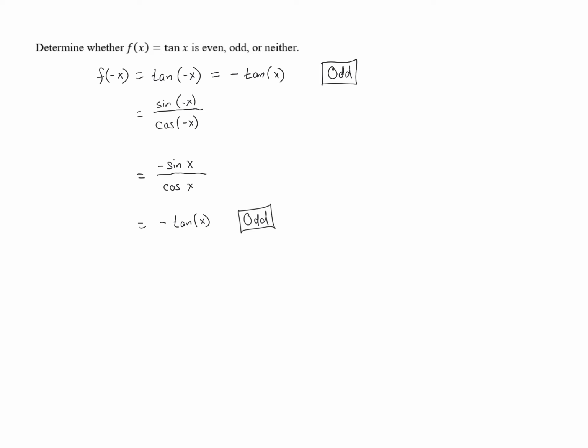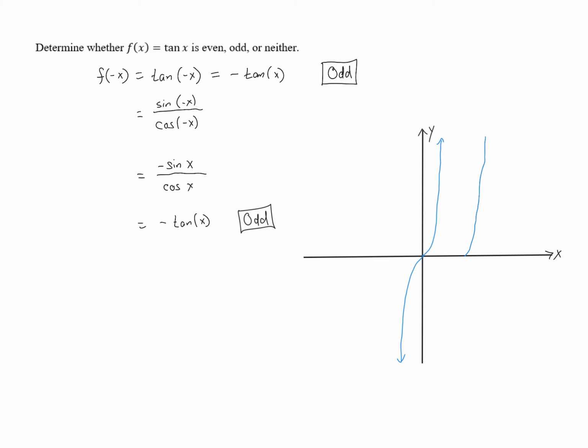A third method involves knowing what the graph of the tangent function looks like. I'm not going to draw a very accurate graph. I'm just going to do a rough sketch. But tangent as a function looks like this, and then is periodic. So you're going to get another copy of that to the right, and then another copy of that to the left,